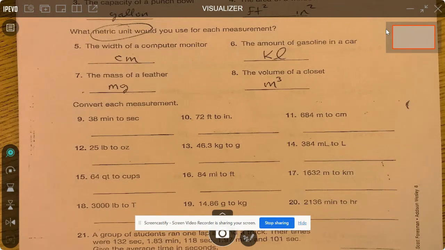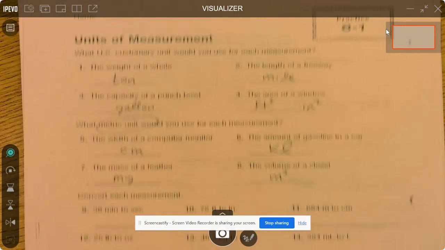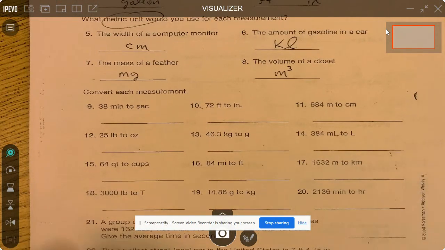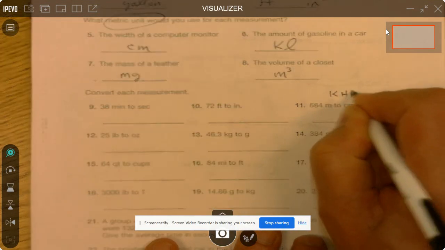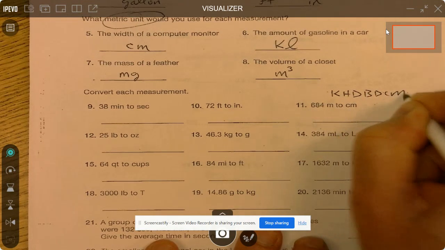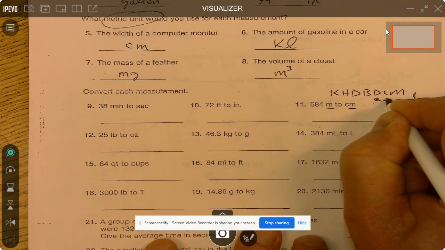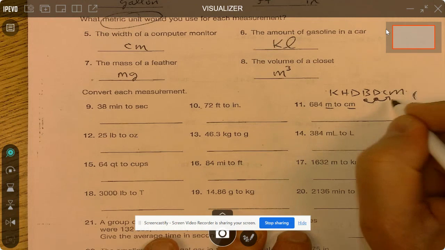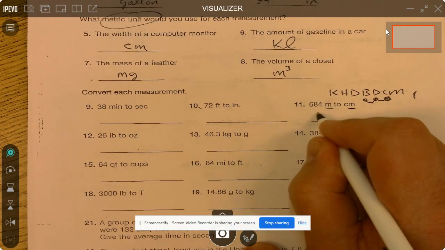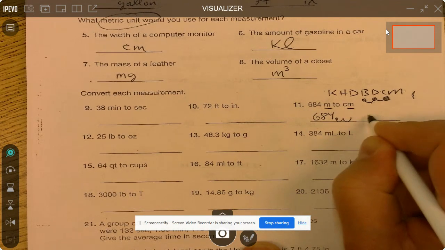we could also go back to your 8-1 worksheet right here and search through this worksheet to find any metric-to-metric conversions. And the first one we find is number 11. And in number 11, if we set up our list of letters in the correct order above it, we're going from meters to centimeters. Sorry, meters is here to centimeters. So we're going 2 spaces. So I take my 684 and I put my decimal point where it should be, and I move 2 spaces this way, which means my answer is